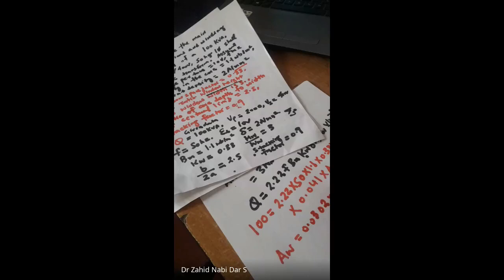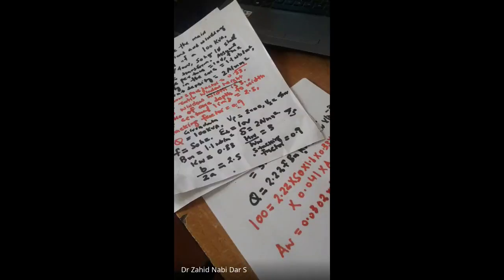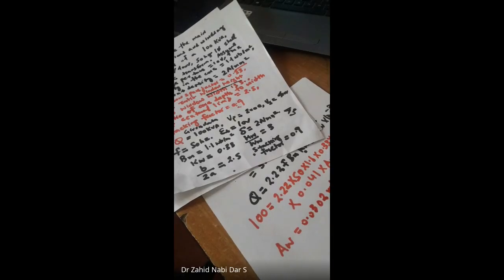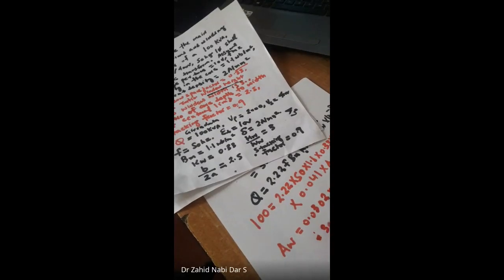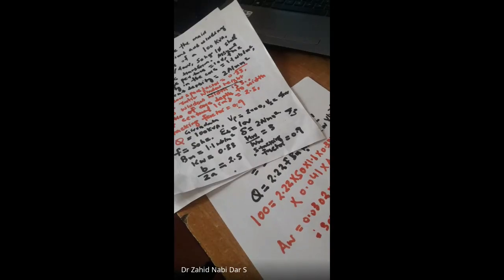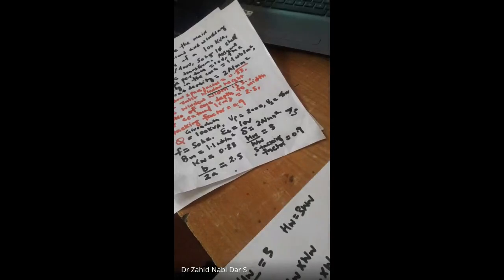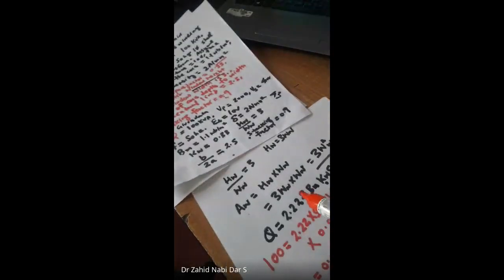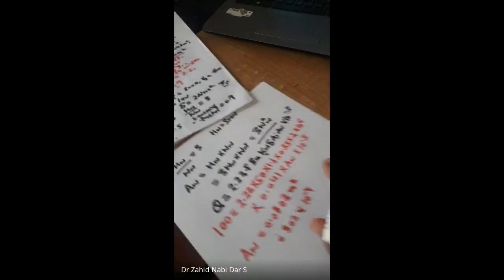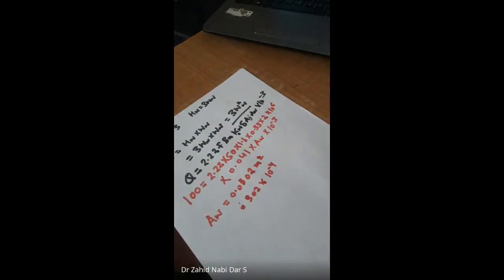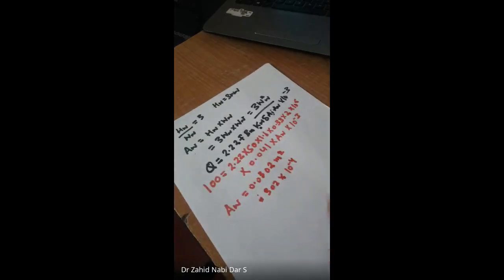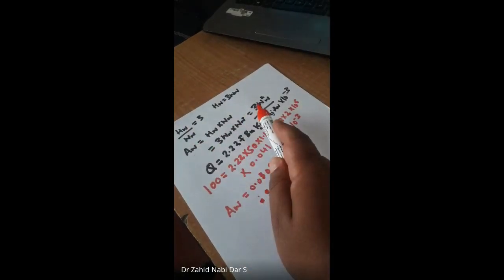This is in meter. How, area would be in meter square. It's an area, so it would be in terms of meter square. Now the same thing you can write in terms of 302 into 10 power minus 4. This is the area of the window. Just now you saw what I wrote for the area of the window, how I expressed it.